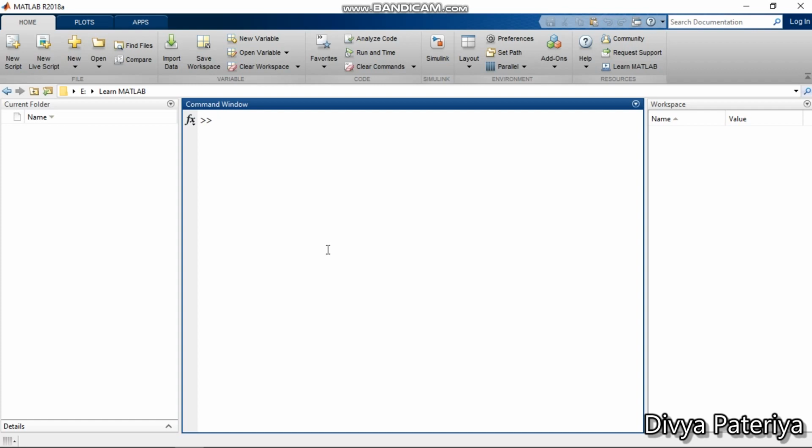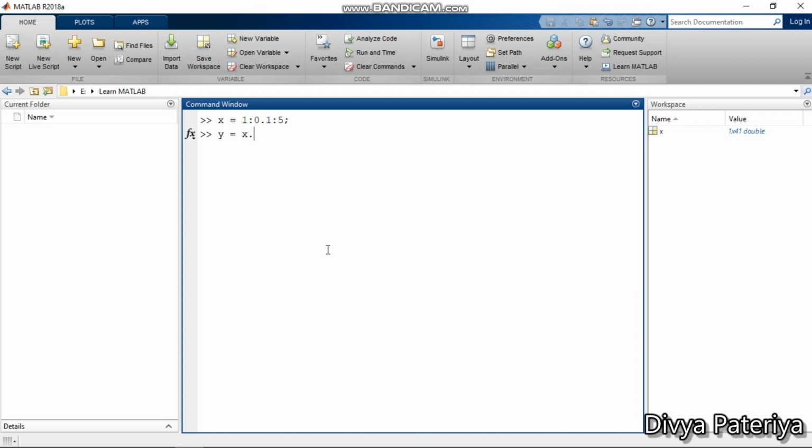So suppose I am first creating my variable x. I want it to start from 1. I want to give an increment of 0.1 and I want to go till 5. Now simultaneously I will define three variables just to show you three kinds of different patterns that we will plot in the same figure. So suppose the first variable that I am taking is y, which is going to be the cube of x.